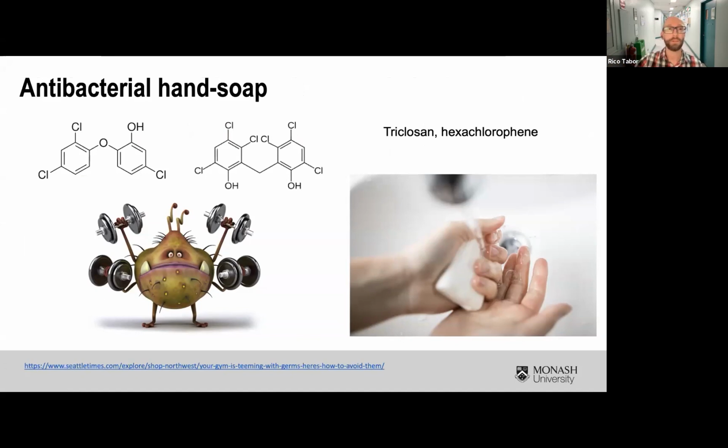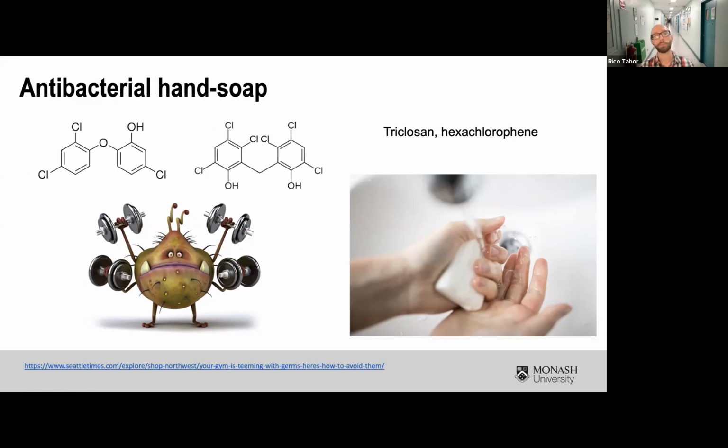So they contain this ingredient triclosan, which was at one stage a fairly potent antimicrobial, and it still is to some extent. This is hexachlorophene. Almost all of us will have been washed as newborn babies in hexachlorophene. They washed you in this in the hospital before they let you go home. These molecules are both quite unpleasant. They're carcinogenic in large quantities, but they have a much greater and more fearsome potential, which is they essentially give